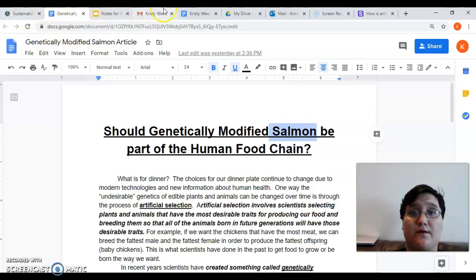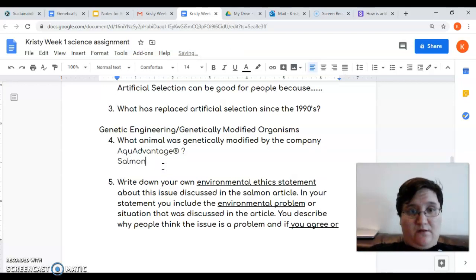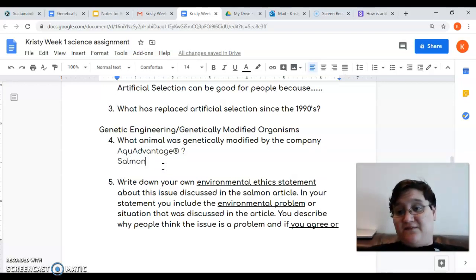Alright, so going back to the salmon. Here's the deal. These salmon, I believe, were the first animals to be genetically modified. We've genetically modified crops like fruits and vegetables since the 90s. Also, one thing I want to say that's really important, if you go into a grocery store, you have an